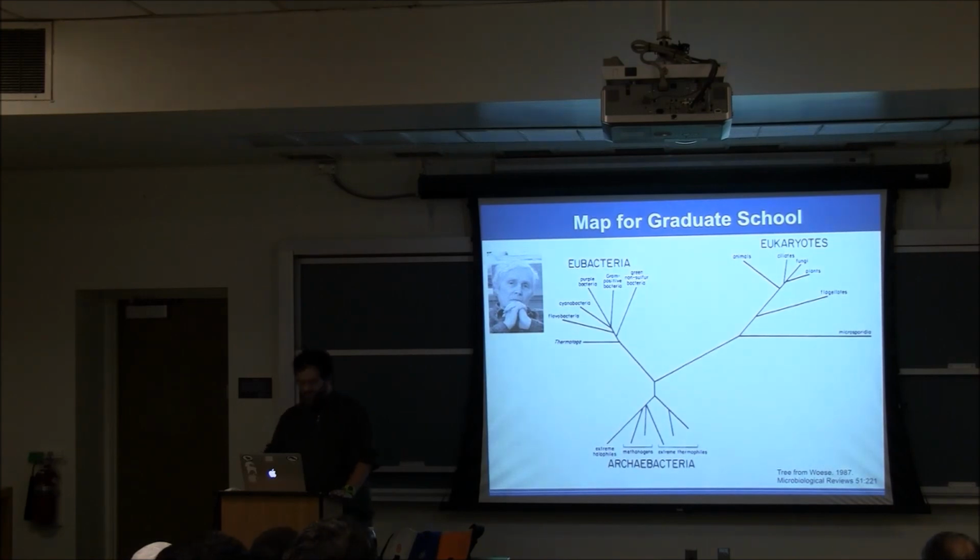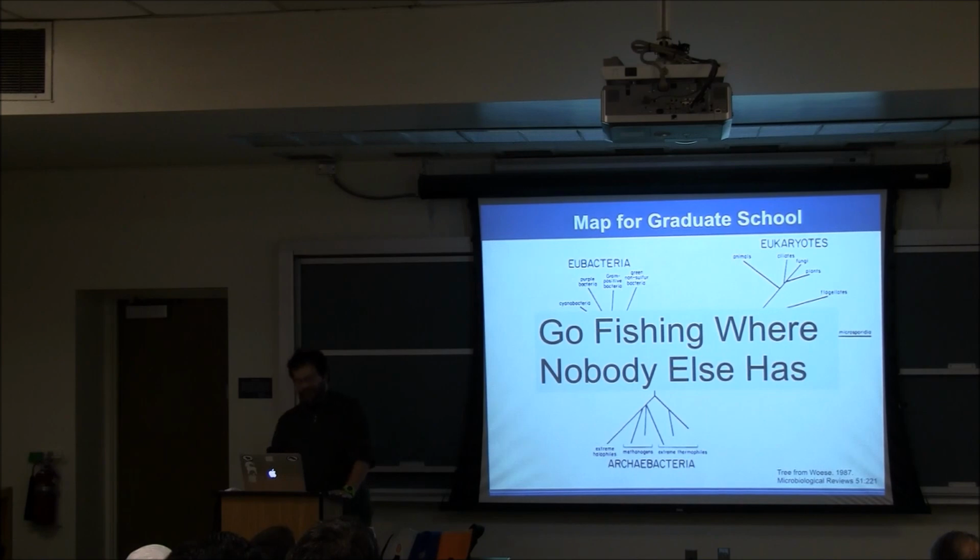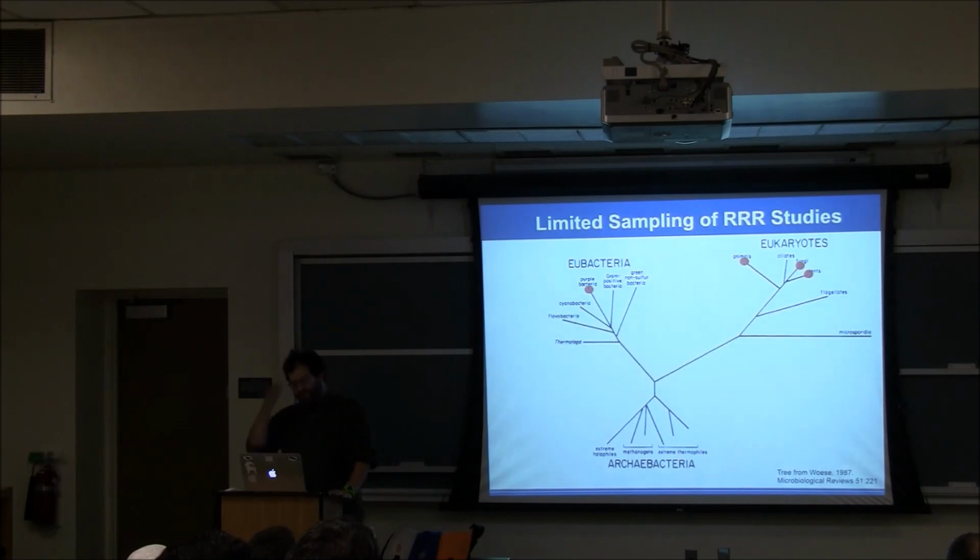a paper by Carl Woese from 1987 that I carried around with me everywhere, that was a compendium of everything they knew at the time on the phylogeny and evolution of mostly bacteria and Archaea, or Archaebacteria as they used to be called. And I had this in my head over and over again, and I decided that rather than focus on some particular molecular or mechanistic detail of DNA repair processes, as most other people in the lab worked on, I was going to use this map as a guide to find things that other people weren't working on. And what I basically did was I surveyed PubMed and basically the field and discovered that